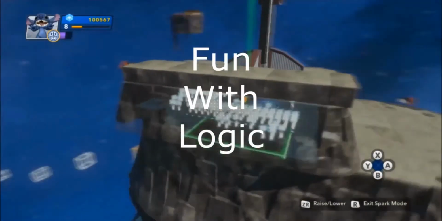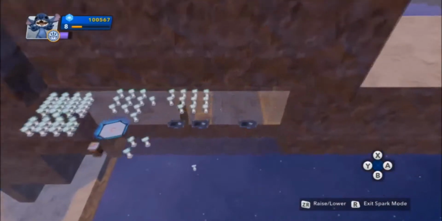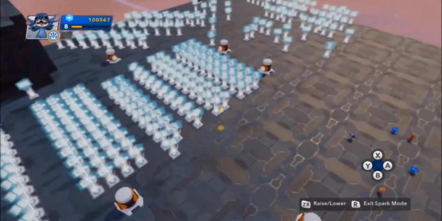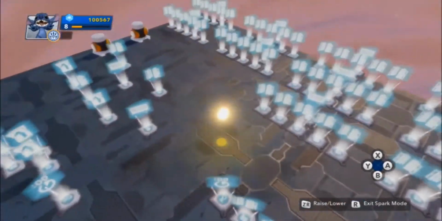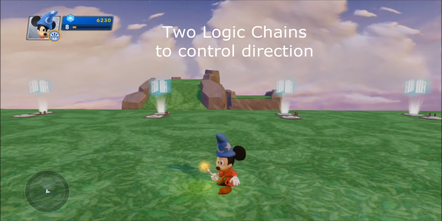Welcome to Fun with Logic, where we will be going into the toy box and doing some more advanced connections of the Creativa toys, just to see what we can make Disney Infinity 2.0 do for us. In this tutorial, we will be controlling two logic chains in a way that the output of one will always